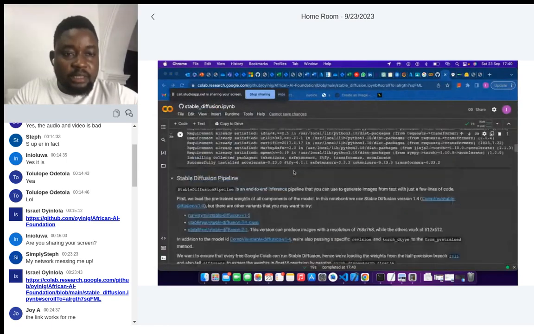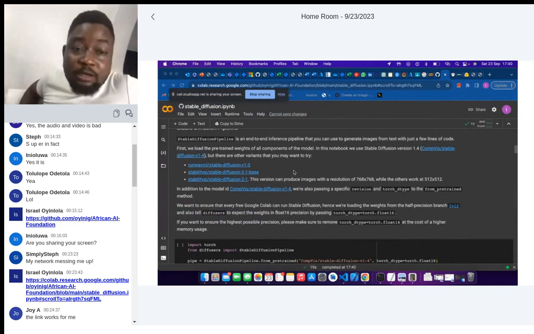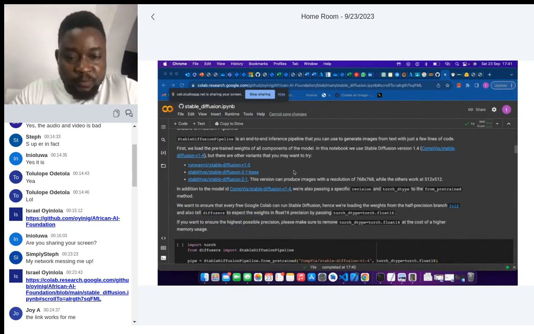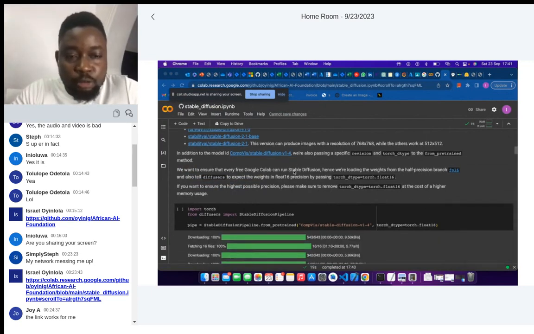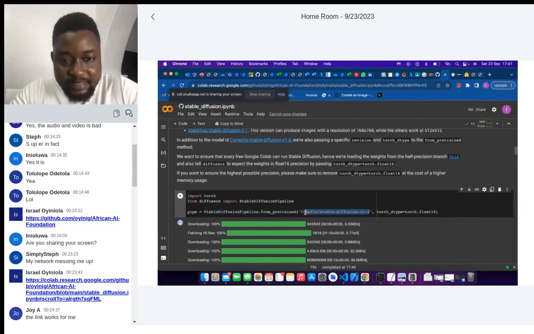All right. So this notebook has a lot of text that you can go through at your leisure to fully understand what is going on and why we're doing everything that we're doing. Now I'm trying to load a particular model. This is the model right here that's been pre-trained